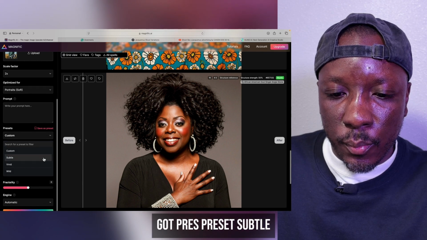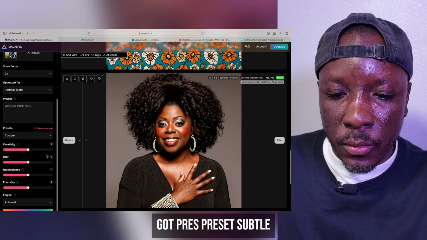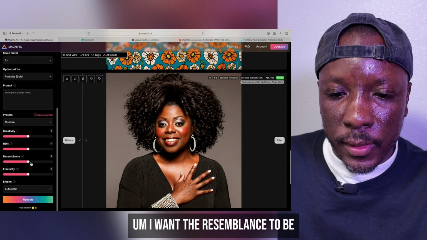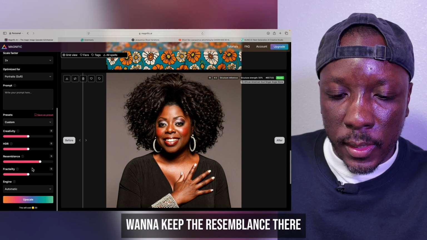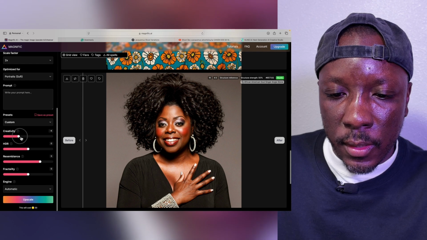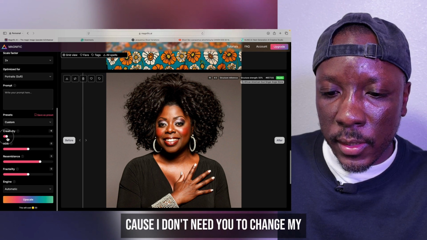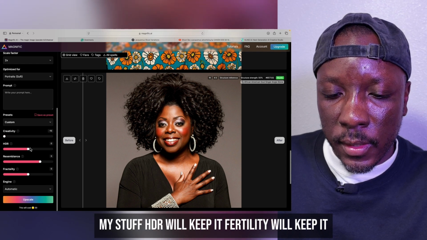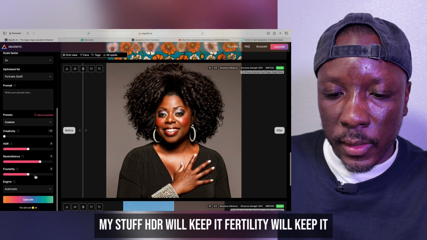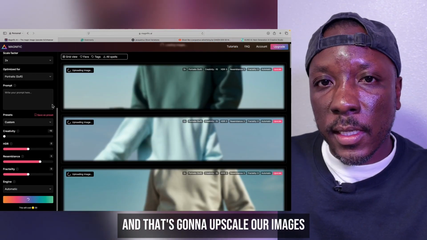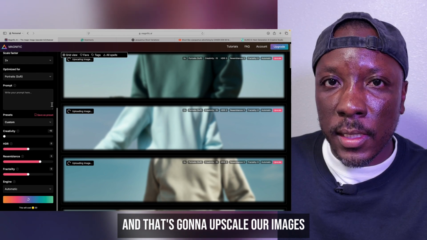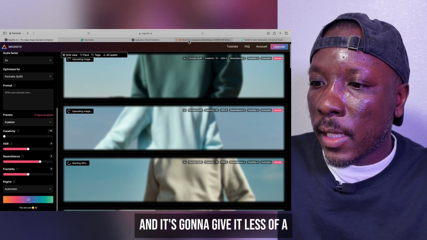Got presets, subtle. I want to keep the resemblance there. Not much creativity, because I don't need you to change my stuff. HDR will keep it, fractality will keep it. So now we're going to click upscale, and that's going to upscale our images, and it's going to give it less of a,